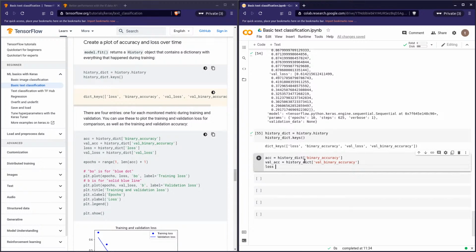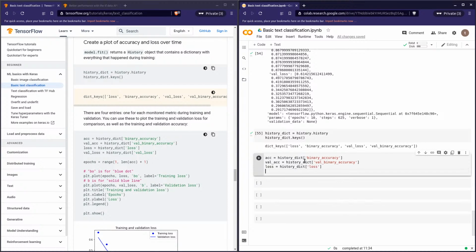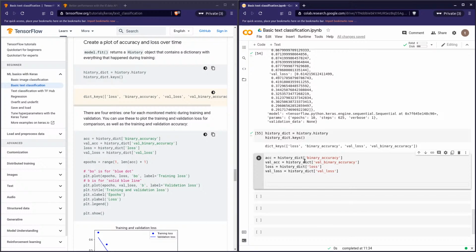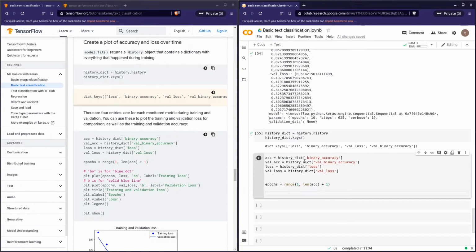Get the loss, and the validation loss from history. Okay, so let's take the range of len(accuracy) + 1 as epochs, and then we'll plot epochs